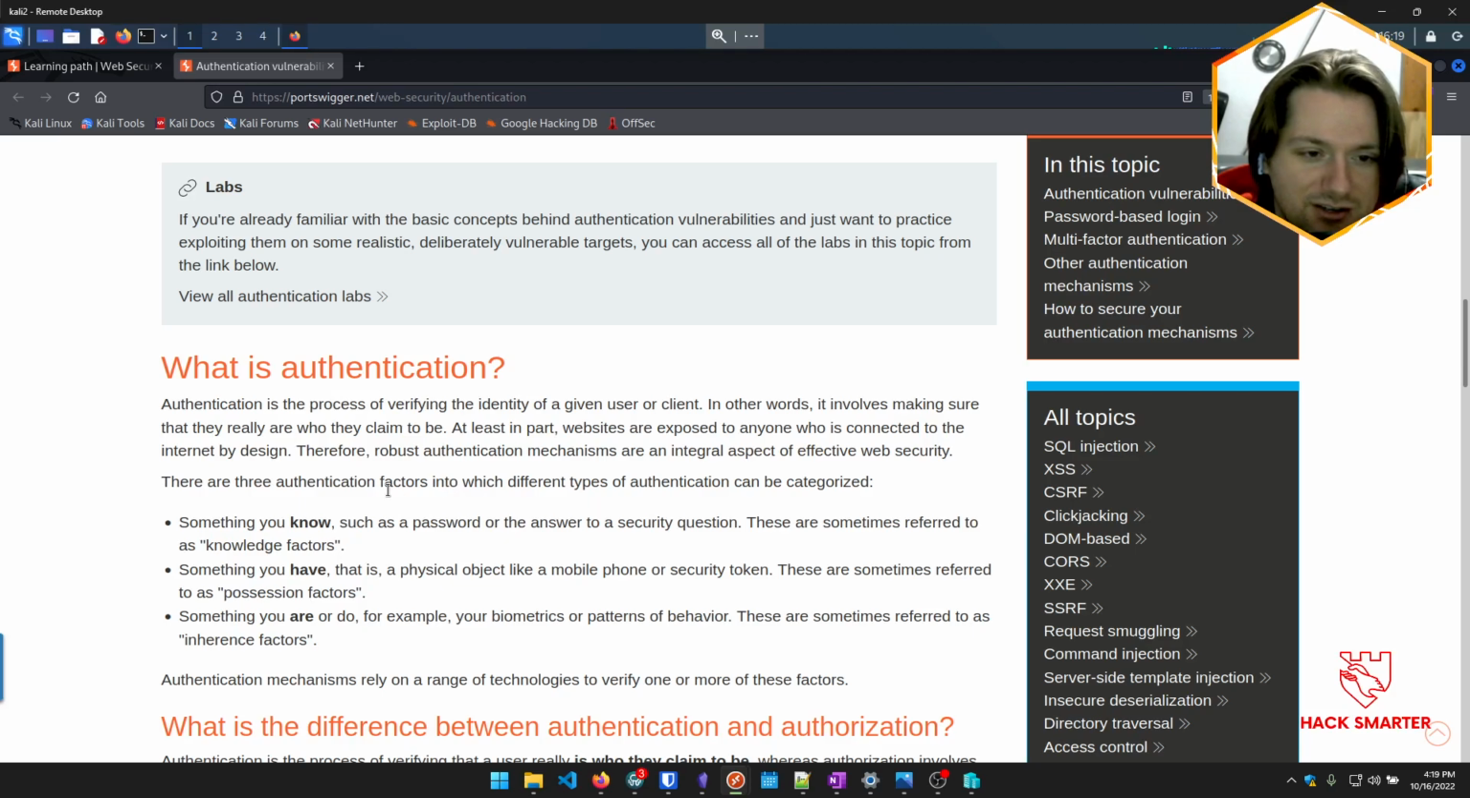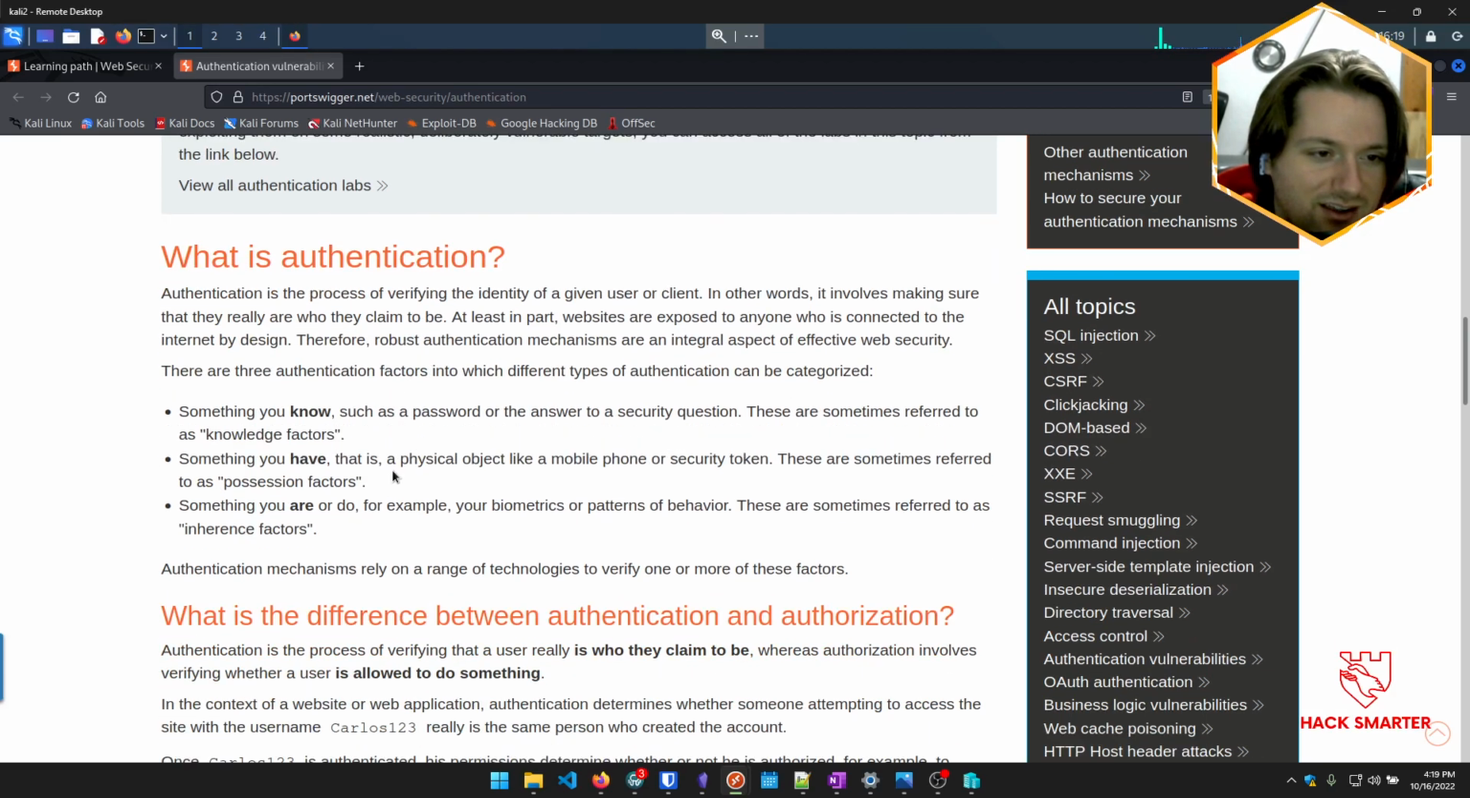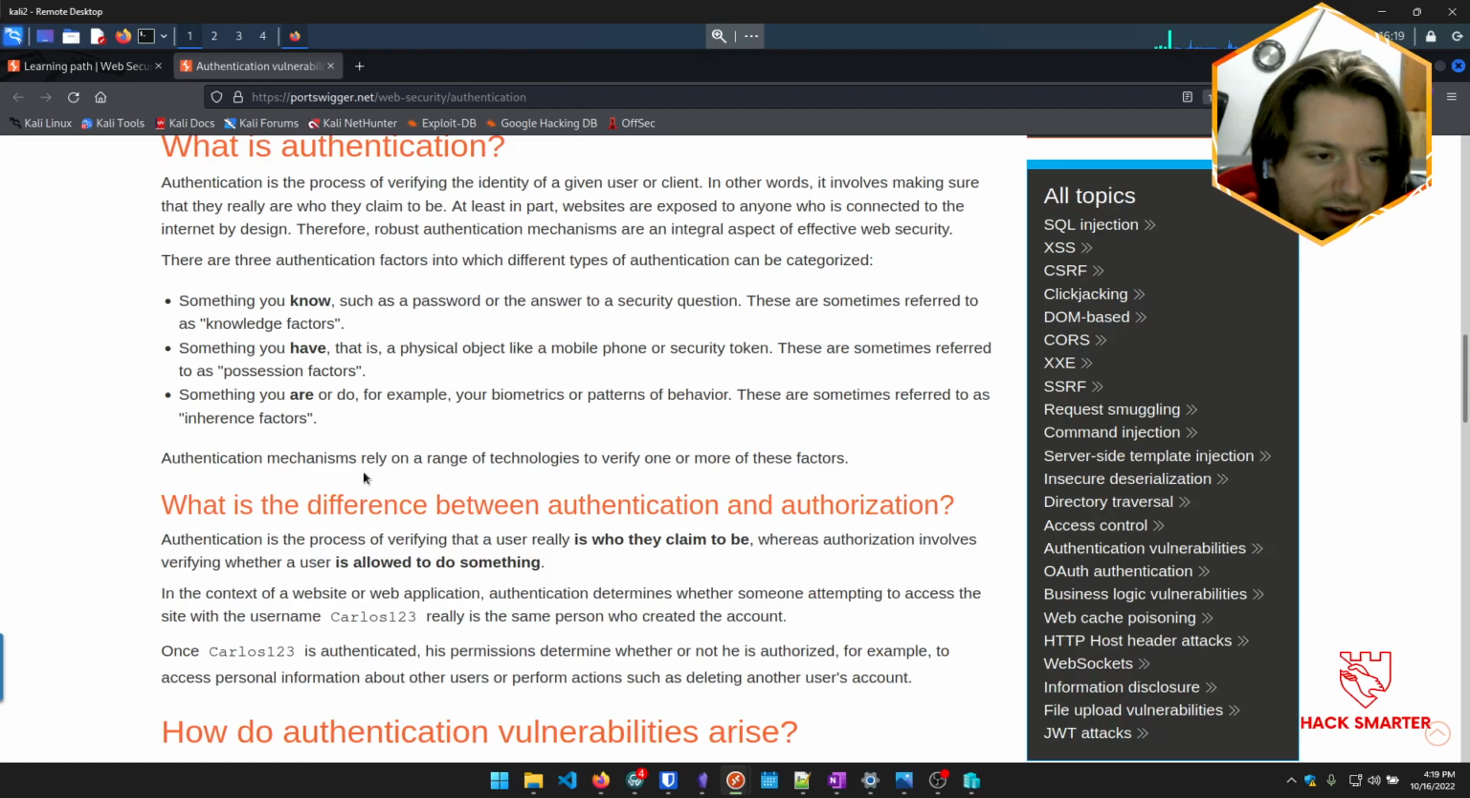There are 3 authentication factors into which different types of authentication can be categorized. Something you know, such as passwords or the answer to a security question. These are sometimes referred to as knowledge factors. Something you have, that is a physical object like a mobile phone or security token. These are sometimes referred to as possession factors. Something you are or do, for example, your biometrics or patterns of behavior. These are sometimes referred to as